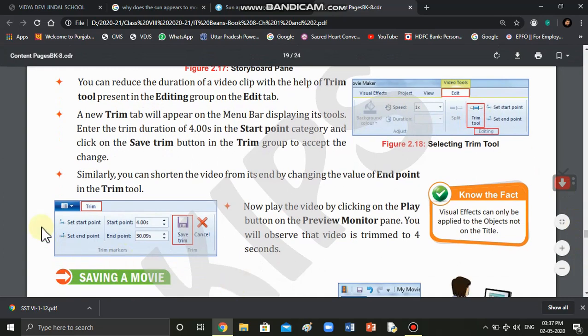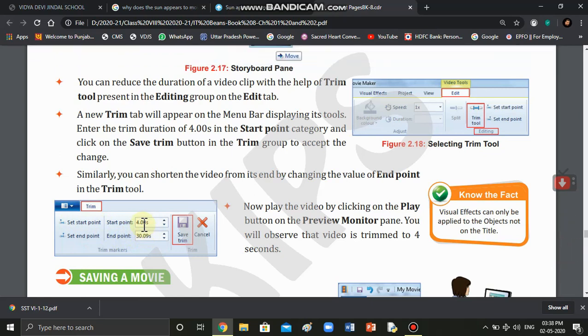This is your trim tool. So start point, end point, 4 seconds, 30 seconds. It means your movie will get trimmed from 4th second to 30th second.